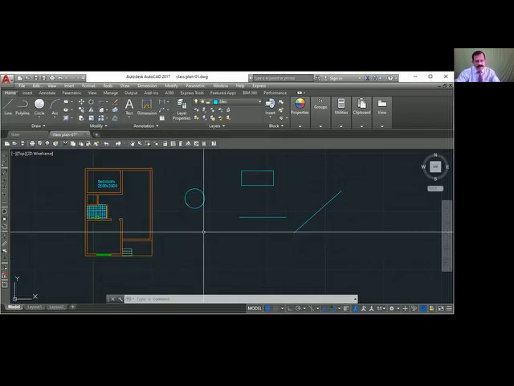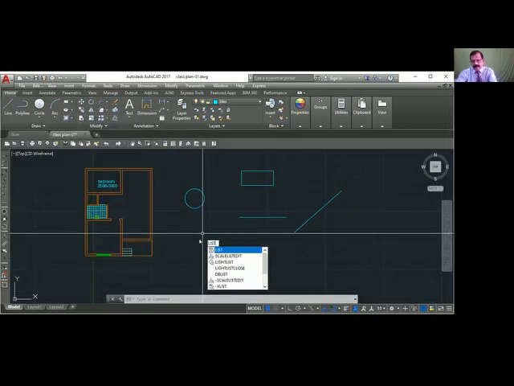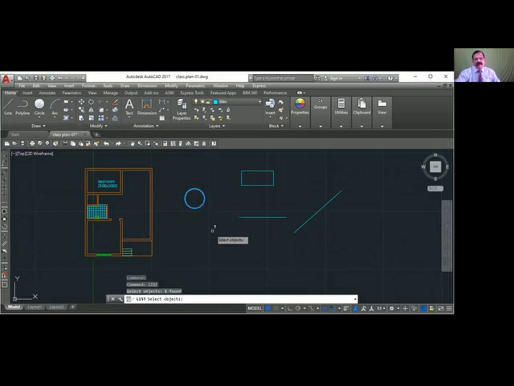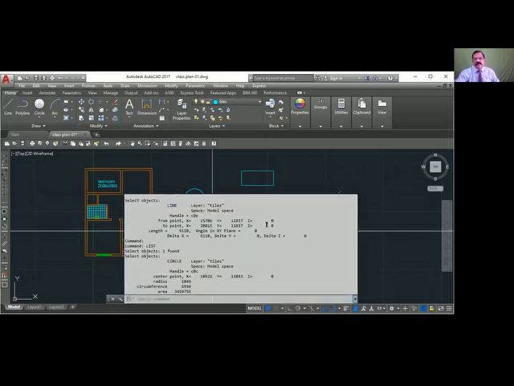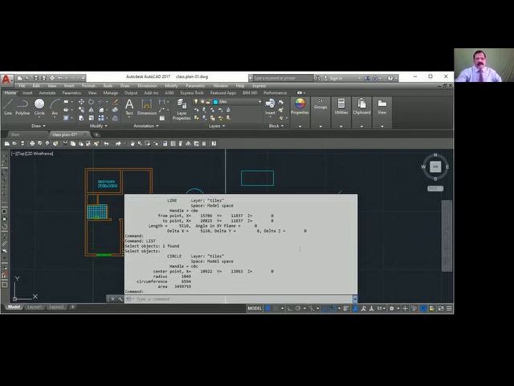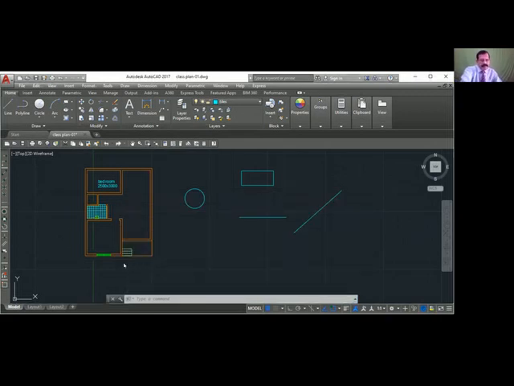Suppose I use list and select a circle, enter. Control F2.